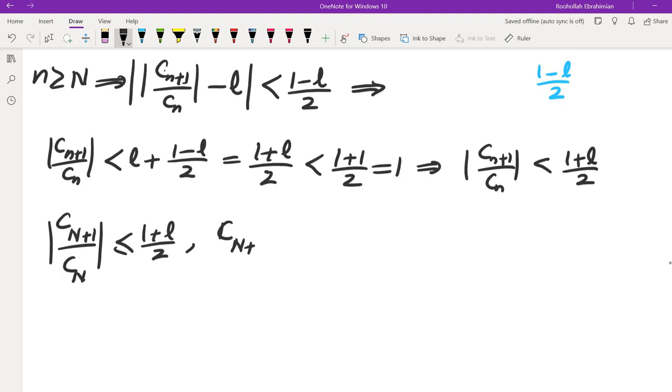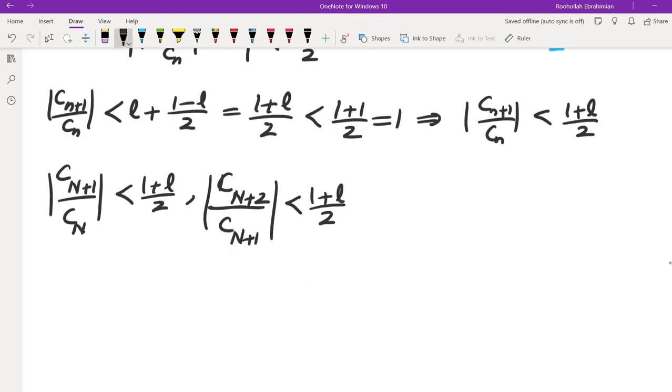C capital N plus 2 over C capital N plus 1 is less than or equal to (1 plus L) over 2. In fact, we don't have an equality sign, although it doesn't really matter. And if you write it all the way down to Cn plus 1 over Cn less than (1 plus L) over 2,